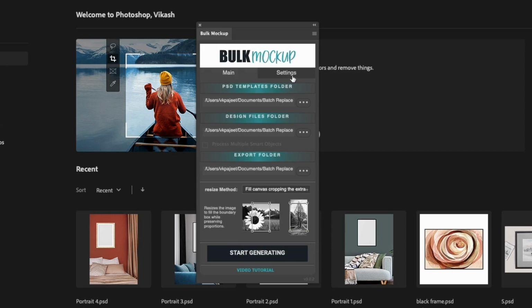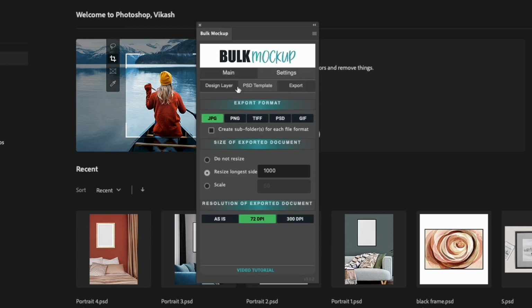Okay. Then we go to the settings tab. The first is the PSD template. Now we can export the files into JPG, PNG, TIFF, PSD, and ZIP. These are the options available. For now, I'll stick to JPG. Then, do you want to resize the exported files? Yes, we'll have this around 1000 pixels. So all our exported files will have 1000 pixels as the longest side,